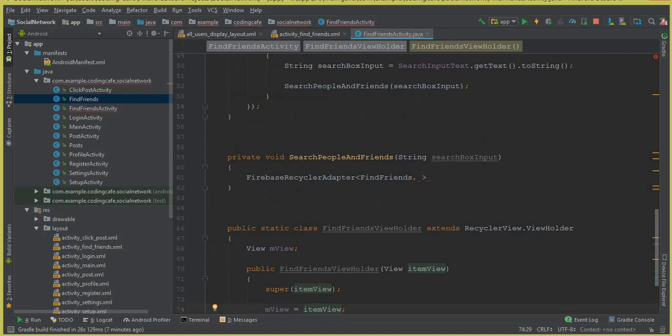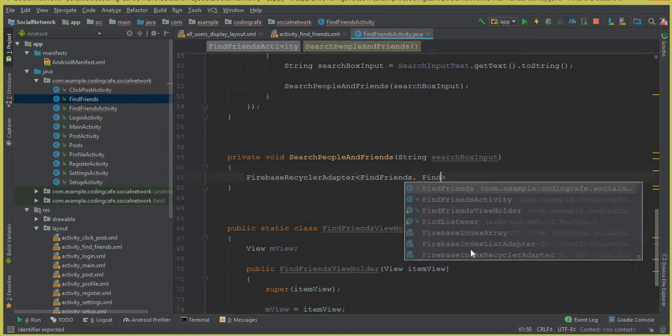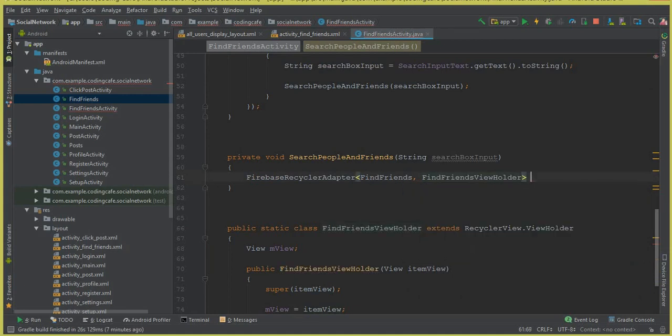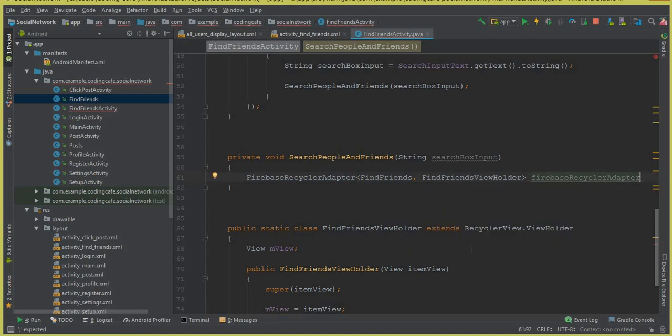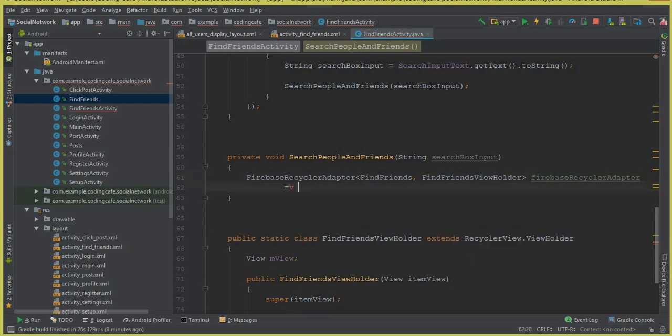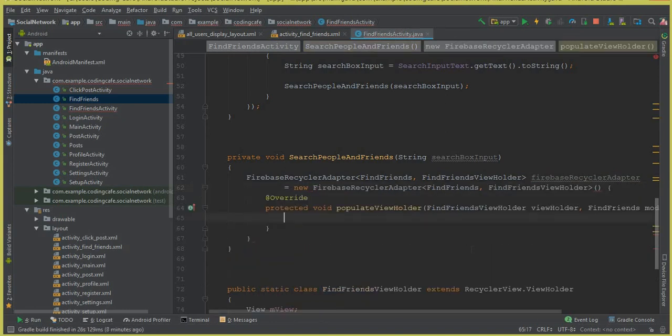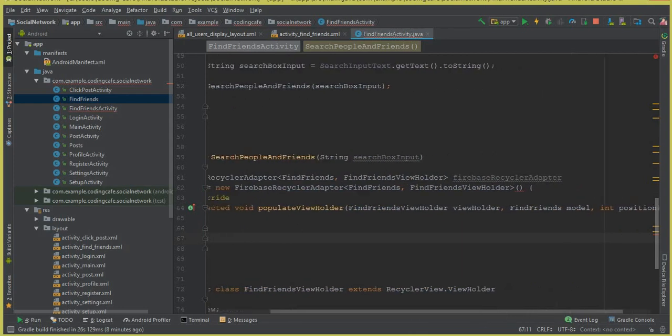So now the second parameter we will add here, so we can say find friends view holder. Then we can say Firebase recycler adapter. This is the variable basically, and it will be equals to new Firebase recycler adapter, and alongside with it this populate view holder method is created successfully. First make sure to put a semicolon here, and now